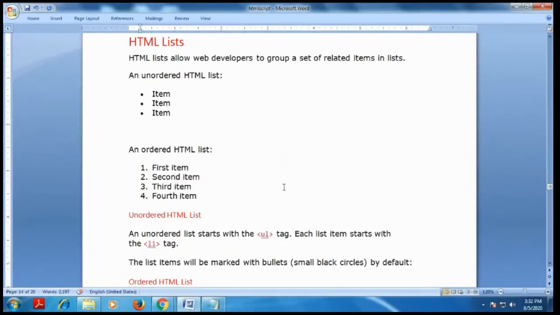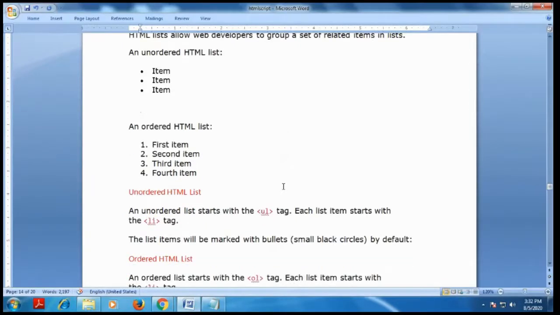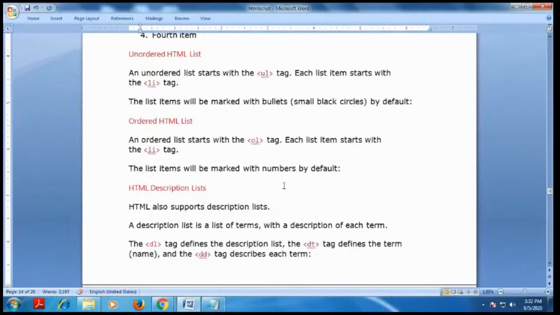Then I go for the ordered list. An ordered list contains numbers 1, 2, 3, and alphabets A, B, C, and small alphabets a, b, c. These represent the ordered HTML list. Next, I go for the HTML description list. What is the meaning of a description list?